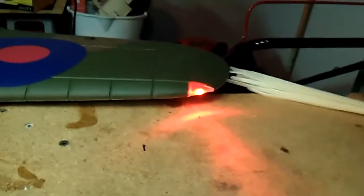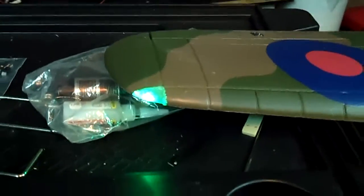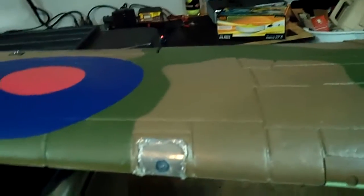Okay, here's my E-Flite Hawker Hurricane. Show you a couple of things that I did. First thing you see is nav lights on both sides. Those are 3mm nav lights. Next thing you see is landing lights. The landing lights are 5mm,